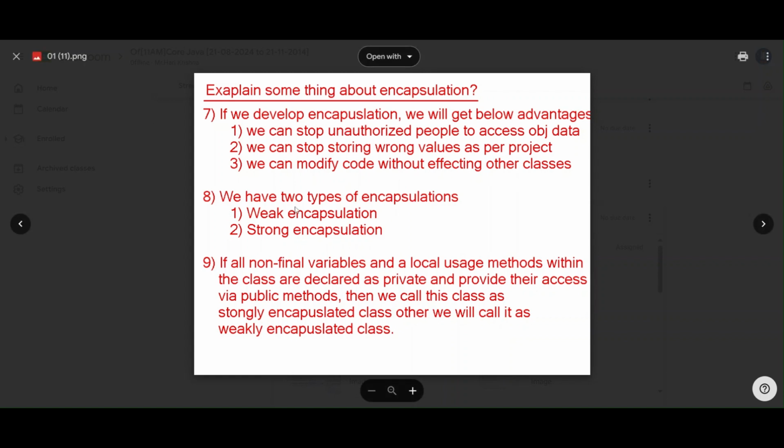We have two types of encapsulation: weak encapsulation and strong encapsulation.